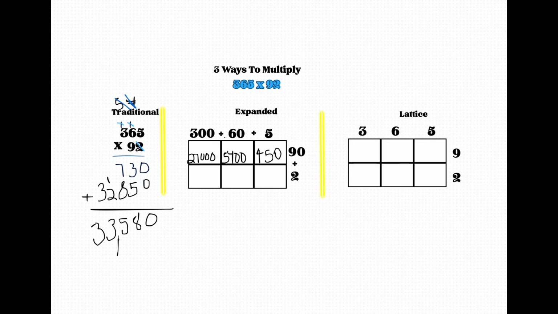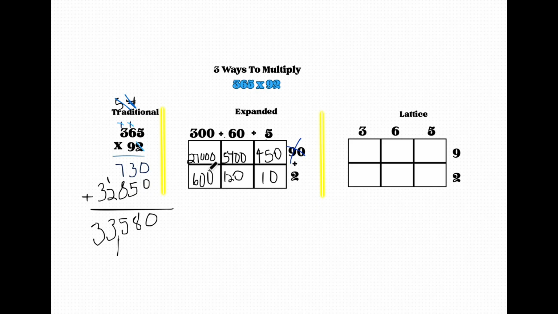Then I'm going to cross out the 90 because I'm done using the 90. So I know not to use that again. And then I'm going to move down to the 2. We're going to do first 2 times 5, which is 10. And then I'm going to do 2 times 6, which is 12, add a 0. And then we're going to do 2 times 300, or I could just double 300 and know that it's 600. Anytime you multiply by 2, you tell the students that is doubling the number to help them with their math